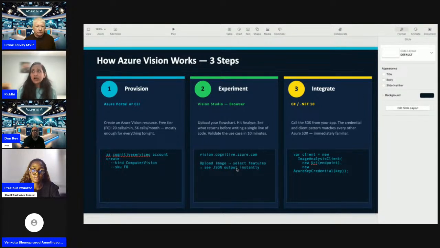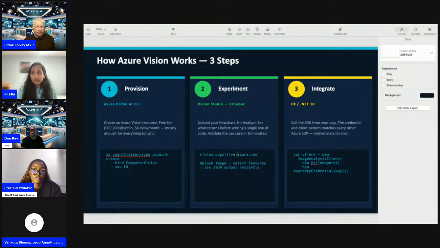However, setting up Azure Vision is very easy. The first step is to do the provisioning, for example, creating the resource, and the free tier is sufficient for the demo purpose, which is what I need today. Microsoft Azure also has a capability called Vision Studio, or it's now called Microsoft Foundry.